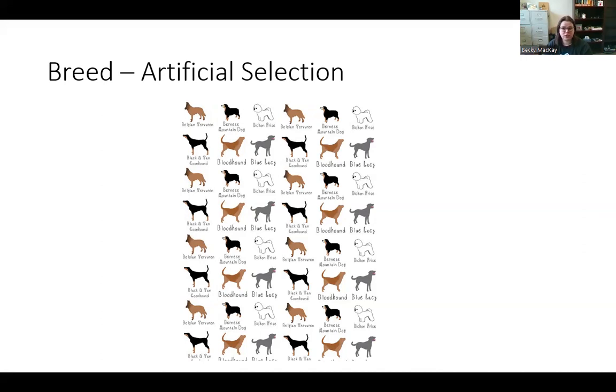And we call this artificial selection because what that means is that this didn't happen naturally. Dachshunds didn't just occur naturally. Humans made that happen. Humans bred for dogs to have shorter and shorter legs. Humans bred for fluffier and fluffier dogs with less and less energy. You get the Bichon. Like I said, blue heelers have lots and lots of energy, and they're good at herding. And so by breeding these dogs specifically with goals in mind, we change the population and we change the genes. And by changing the genes, we made evolution happen.